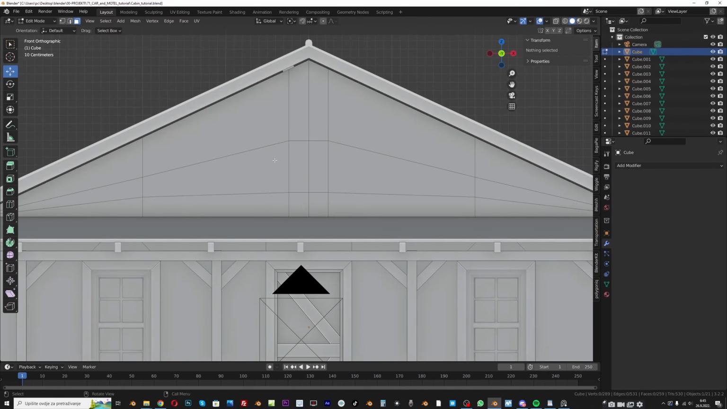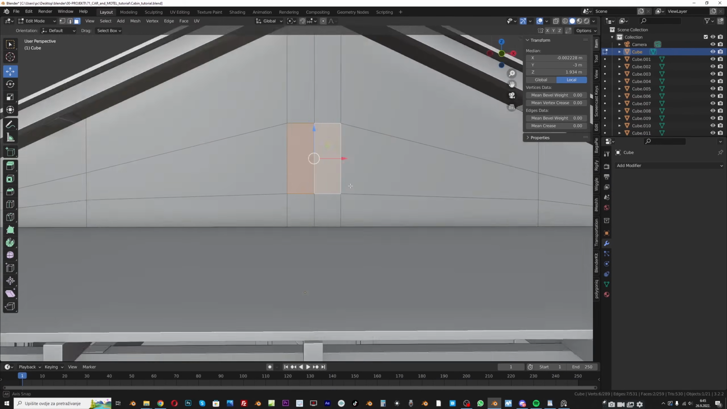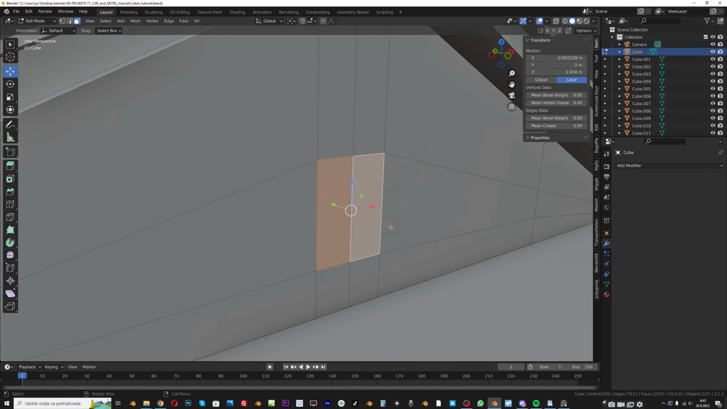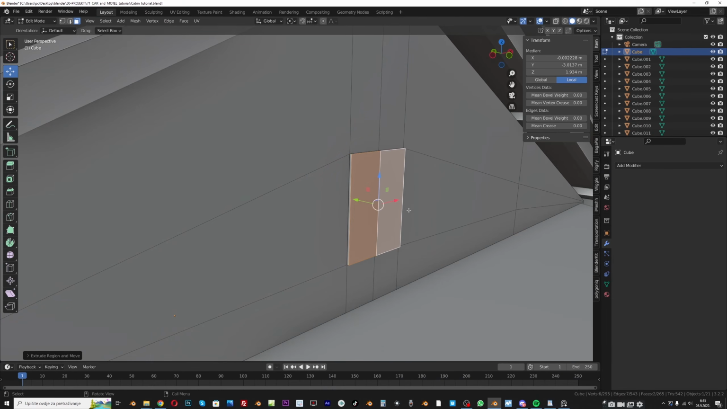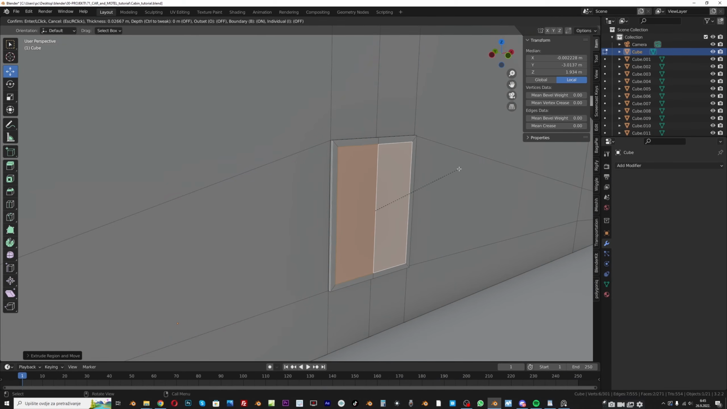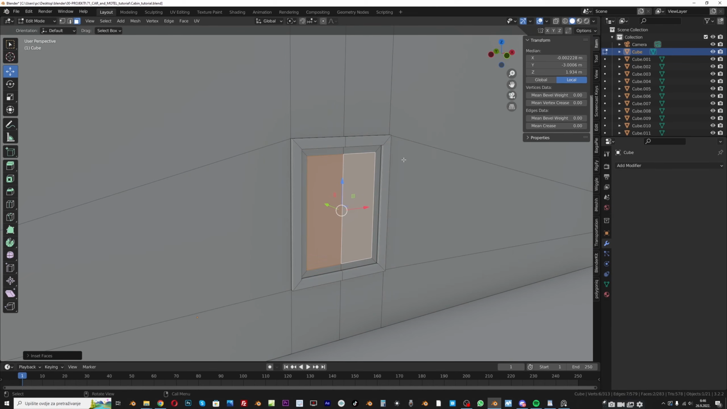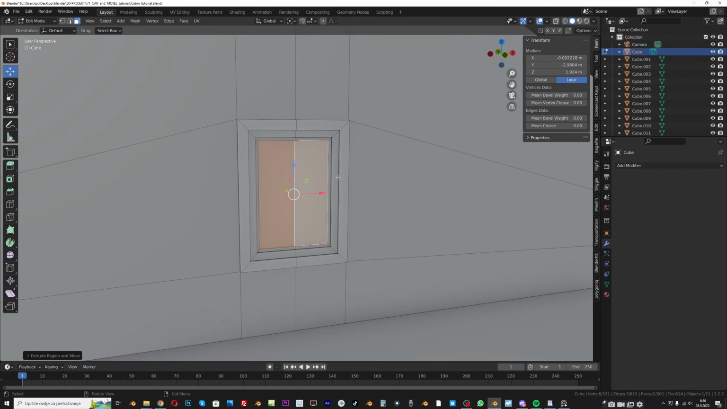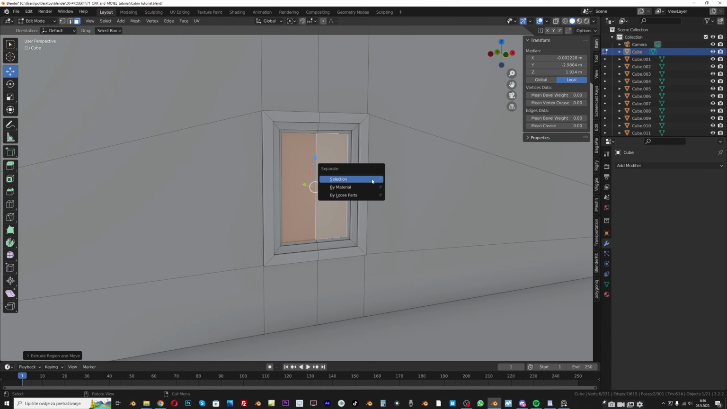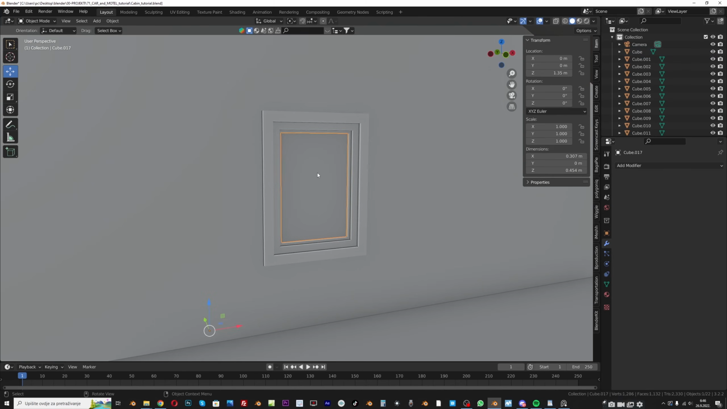Now I will repeat process from this window, so select these 2 faces, E for extrude and Y for Y axis, I to insert this, again E for extrude, Y for Y axis, insert again and repeat this process. And let's press P for separate by selection, set origin to geometry,